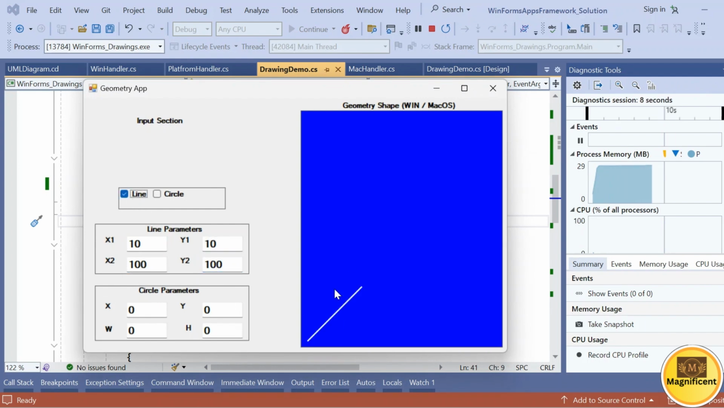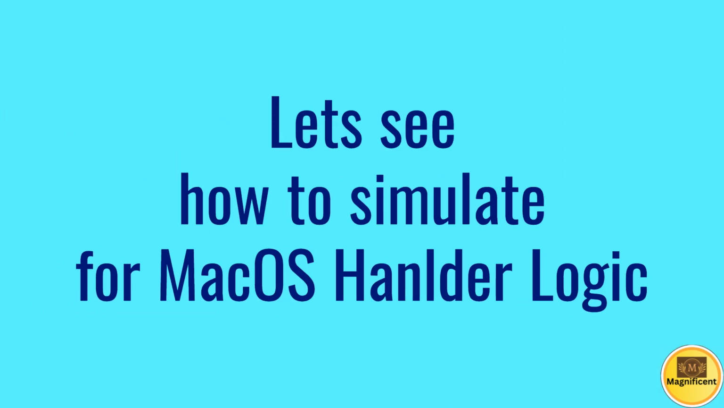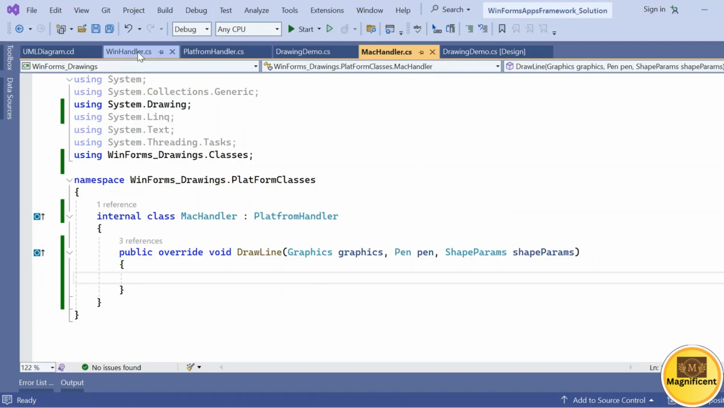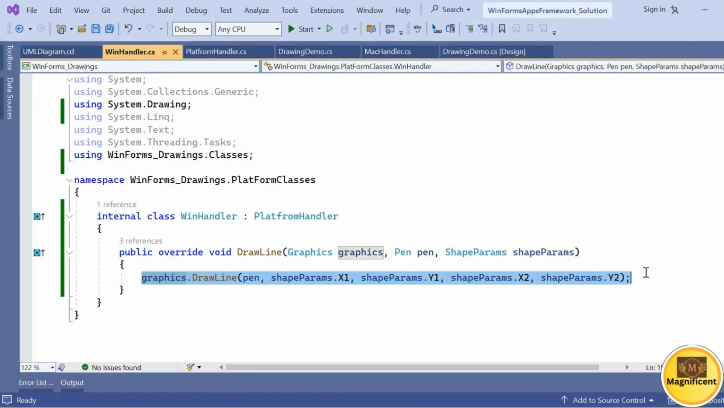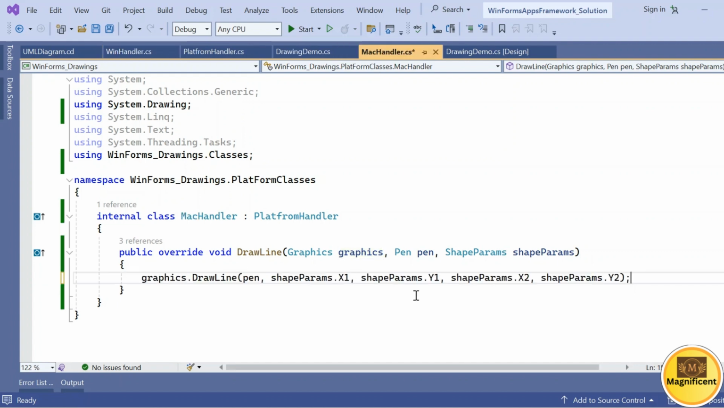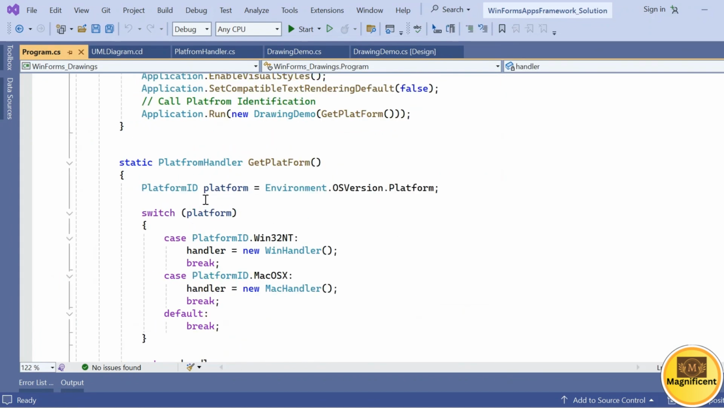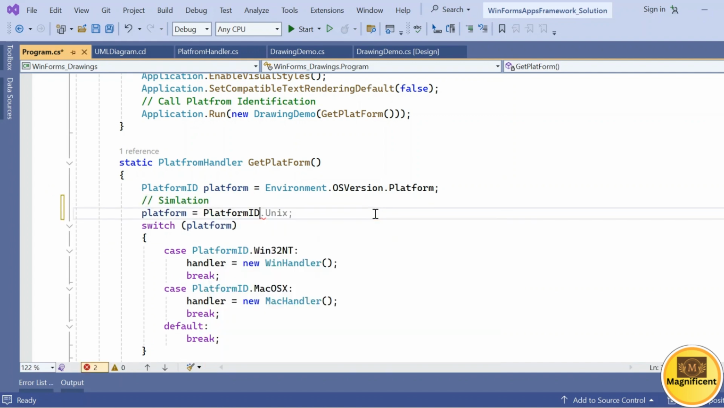Put in the parameters and you can check this is getting drawn for this Windows handler. Now copy the same to the Mac handler. When this is a Windows handler, we have this platform of Windows and it is written in the Windows handler. But when it is a Mac, we have to simulate it here for the simulation purpose. So this platform equals PlatformId.MacOS